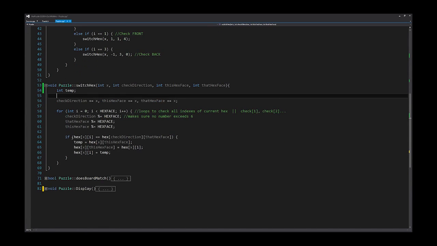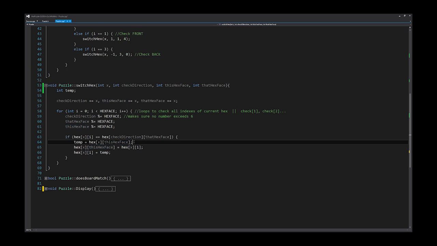So what we do is, in this for loop, we have this I, which is going to correspond with each side of each game piece. So for this whole loop, we're just checking game piece 1. And for game piece 1, side 0, we're going to say, is game piece 1 side 0 equal to 0, 0? Well, if it is, we need to switch that, and so what we'll do is we'll put the